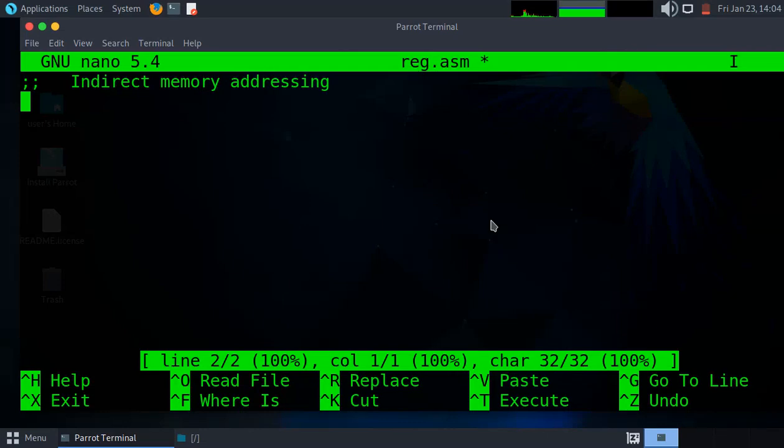Hello. In this part, we are going to take a look at indirect memory addressing. This addressing mode utilizes the computer's ability of segment to offset addressing. Okay, so generally the base registers, the EBX, the EBP, or the BX and the BP,